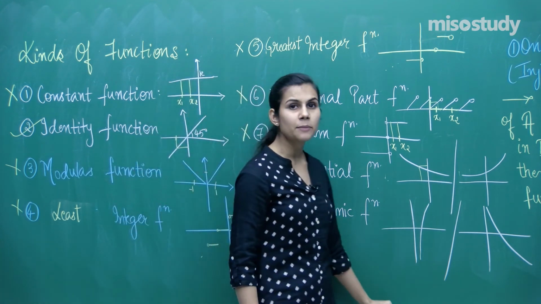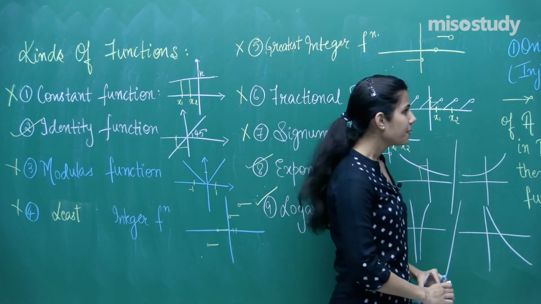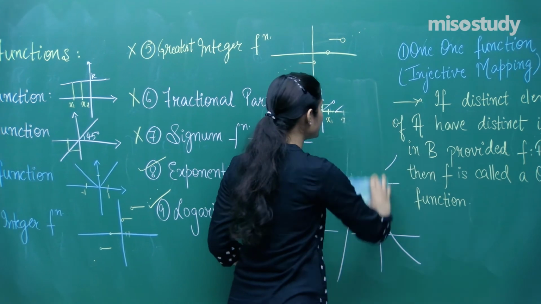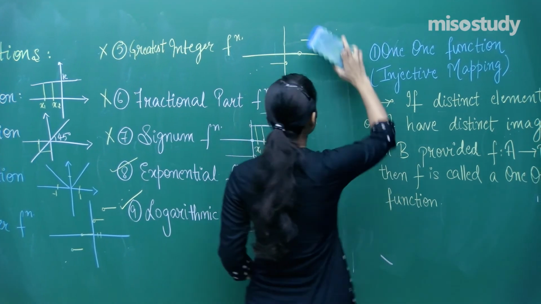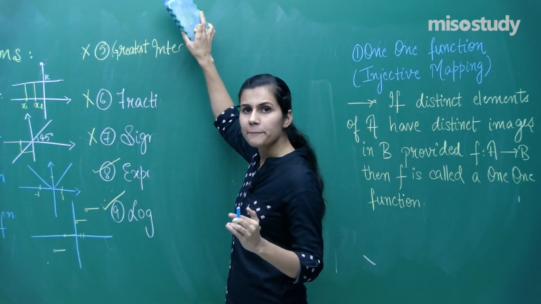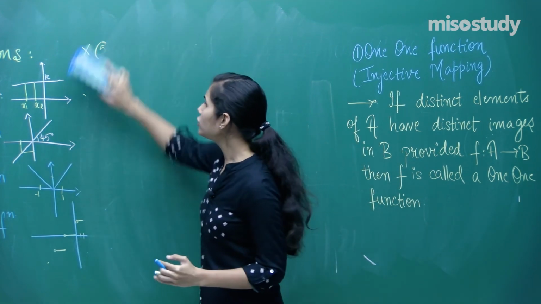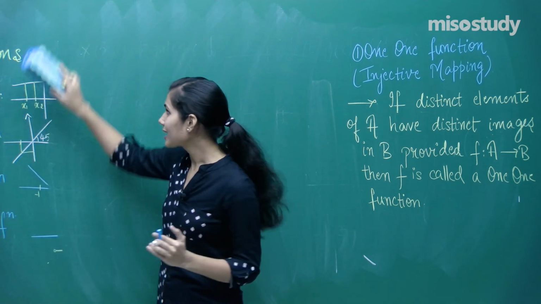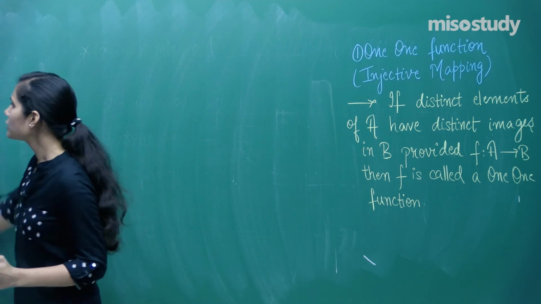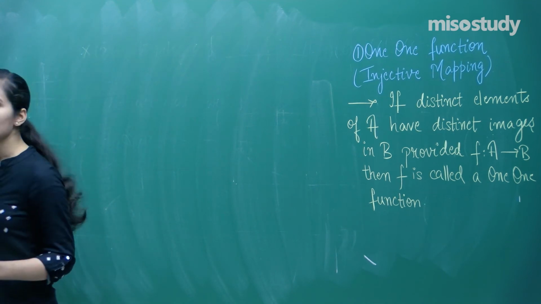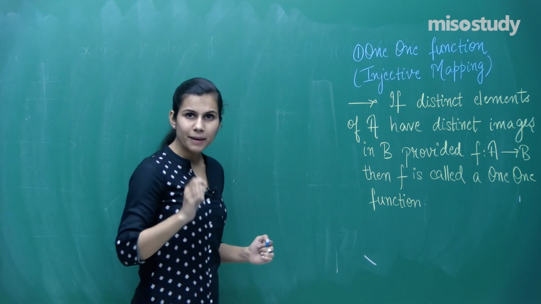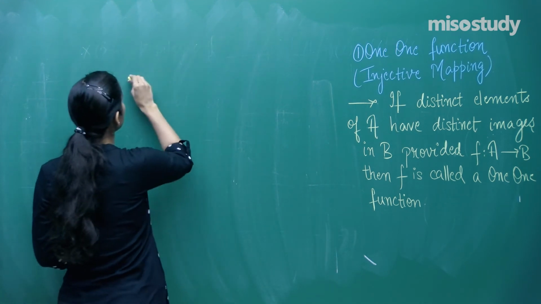This is what is the meaning of 1-1 function, that distinct members in the domain should possess distinct images in the codomain. Even if there are two members in the domain corresponding to which the images are exactly the same, I am in a position to declare that that function is not at all a 1-to-1 or 1-1 or injective function. The mathematical definition says that